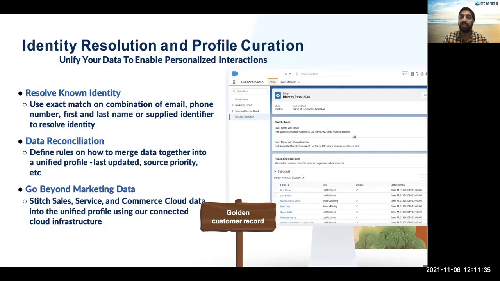So beyond your marketing, as we talked about, it collects the data from different data sources, and then we could build a segment to ingest the data into Marketing Cloud, ingest the data into a data extension, and then use the data for journeys to give the customer an experience to get the best product, where he can quickly check out the product and then gain some revenue of interest, right? So that's why it goes beyond marketing. Not only for marketing data, it connects with or stitches together sales, service, marketing, commerce, and other different cloud infrastructures like Amazon, Google Cloud, and AWS as well.